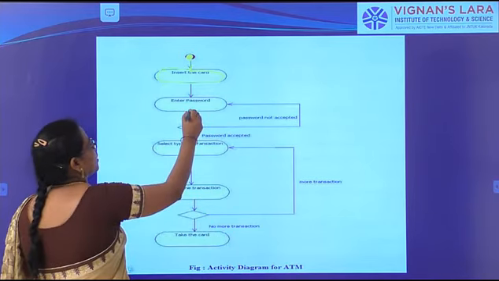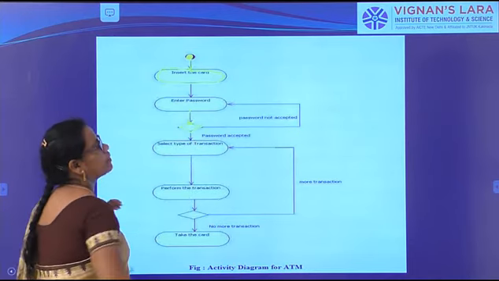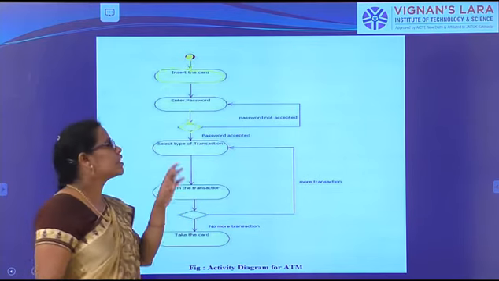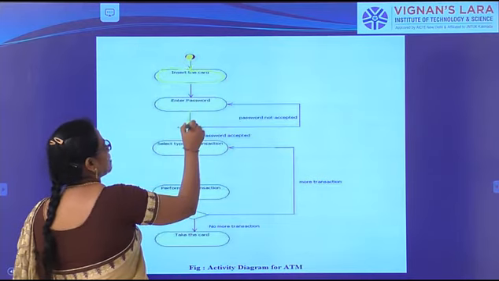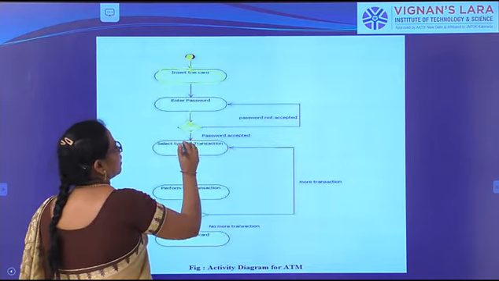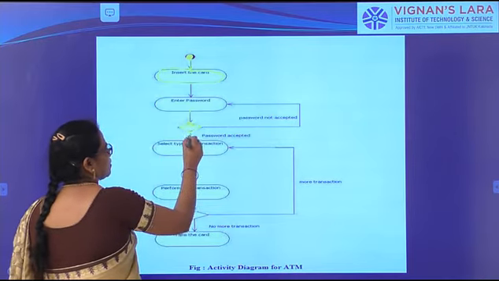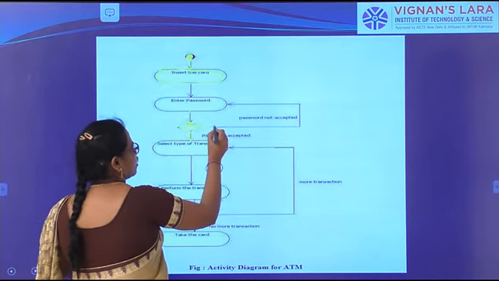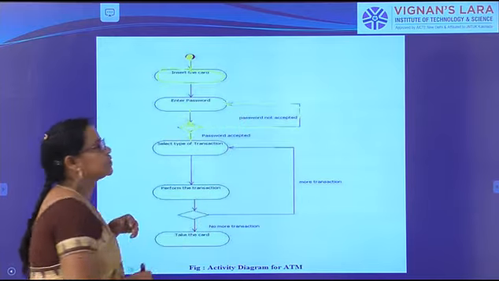For decision making, we have to take another shape, that is the rhombus. So this is for decision making, whether it is correct or not. In order to take the decision, that is represented in the form of the rhombus. After entering the password, it will go to the decision-making rhombus shape. If the password is accepted, that means the password is right, then you will go for the next step of the transaction. If the password given is wrong, again it will ask to enter the pin, enter the password.